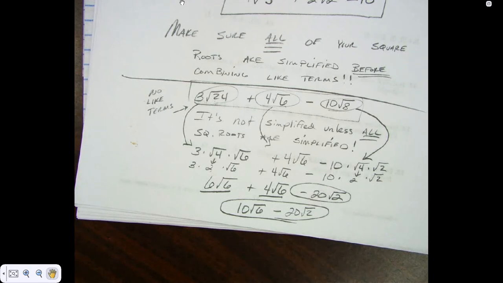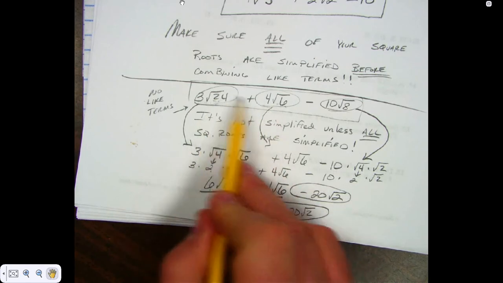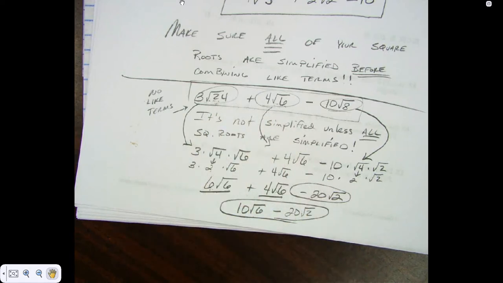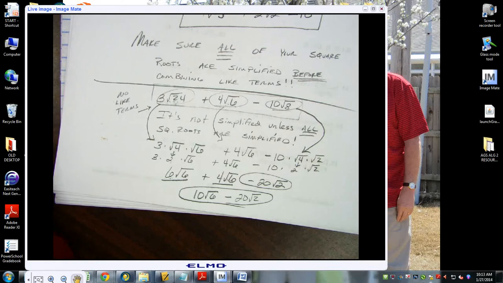So really the only thing to remember is make sure all your square roots are simplified. And if they are, then if you don't have any like terms, you're done. If this had become 6 square roots of 3, you would have been done here, wouldn't you have? But since when you simplified it, you ended up with like terms, didn't you? You couldn't tell that up here that you were going to have like terms, could you? You had to simplify this one and you ended up having like terms. That is what we're doing today. Any questions on that? You should be able to do